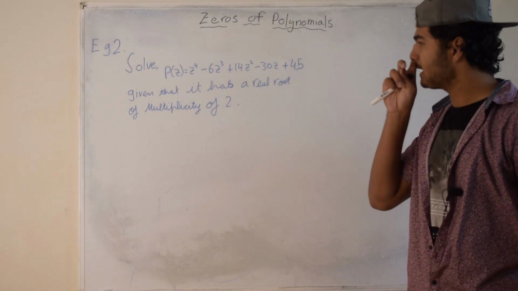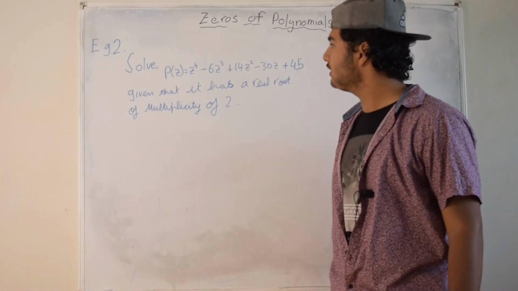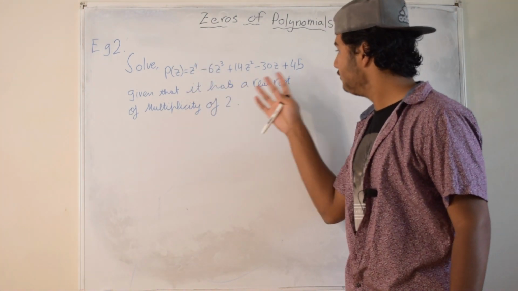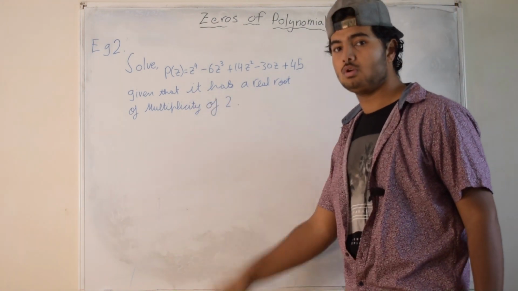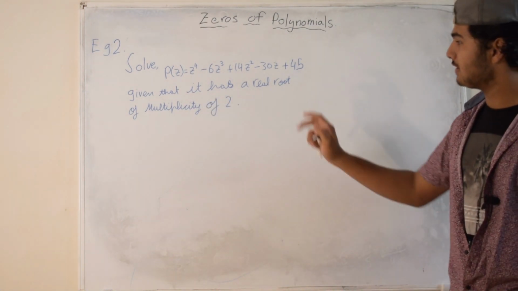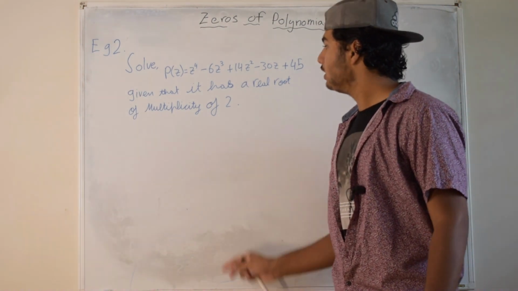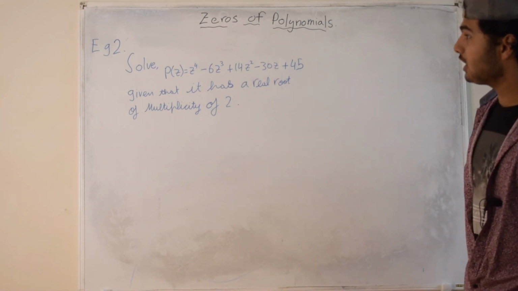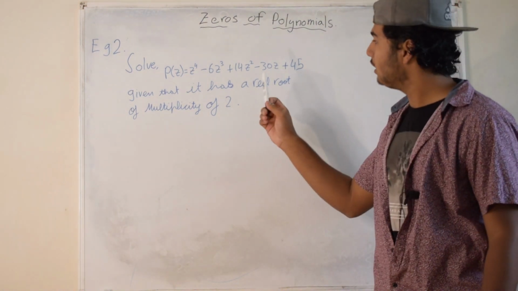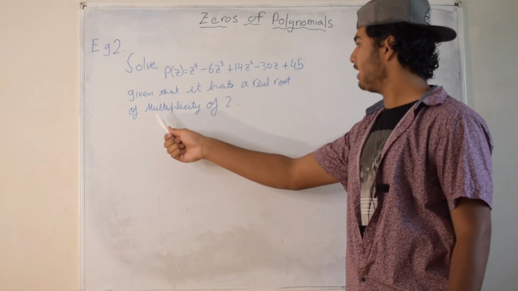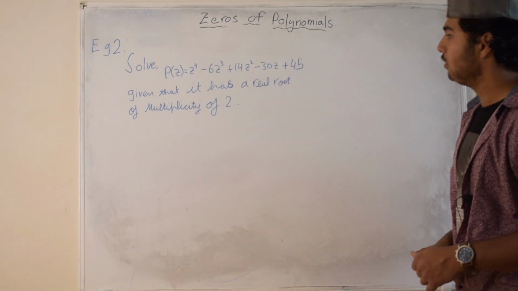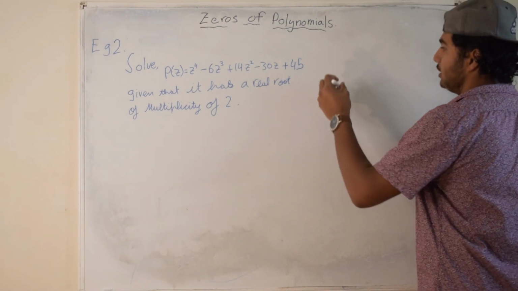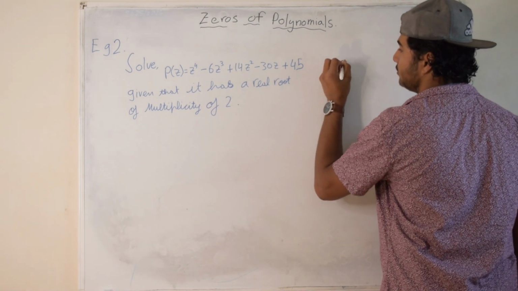So now, looking at this next example, a little bit different, but let's see what it says. It says, solve p of z, given that it has a real root of multiplicity 2. So they've given us a hint that there's going to be multiple zeros in this question. Whenever there are questions that include a multiplicity of 2 or whatever number, I'll take the first derivative of p of z. So let's say p dash of z